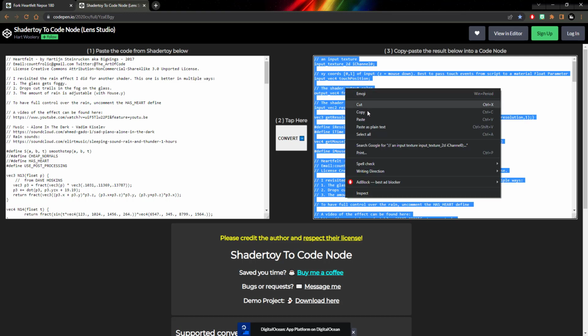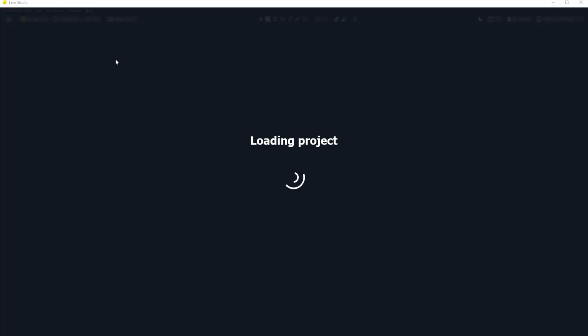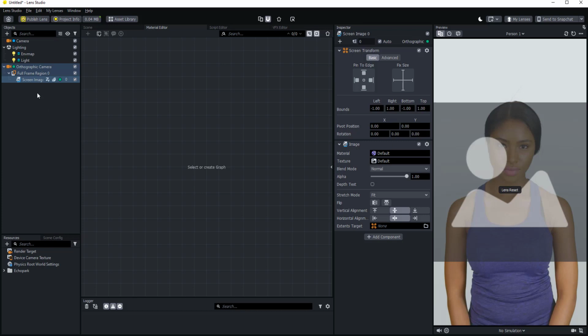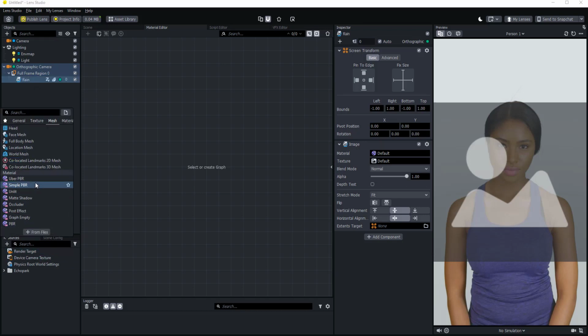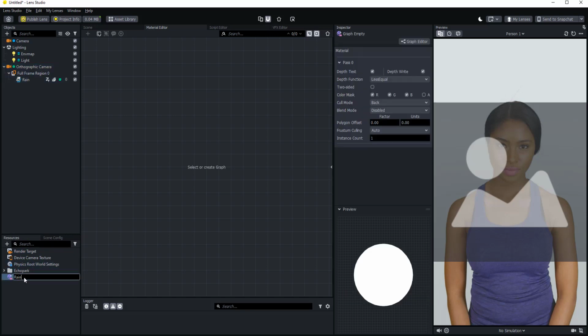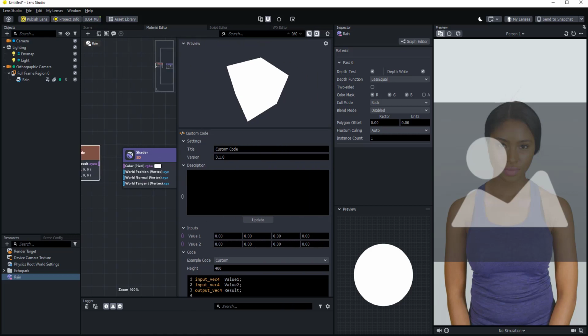So now that we have our code copied and ready for Lens Studio, let's start a new project and let's get it going. Alright, so let's first start by creating a screen image, and we'll call that rain. And then we'll create a new empty material, call that rain as well. Alright, and let's go in here and let's create our custom code node. Okay, so now in here all we have to do is paste our